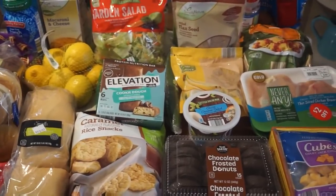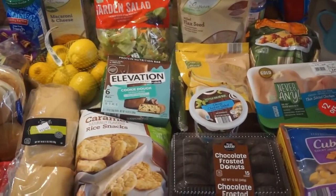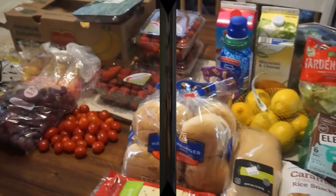We still have some frozen bread. We still have a ton of kids snacks. They are just not snacking this week, and I'm not complaining. But that is my haul for this week, guys. Between those two stores, my total came to $87.29, and I spent over $170 in last week's haul video, so we went a little bit over budget, and